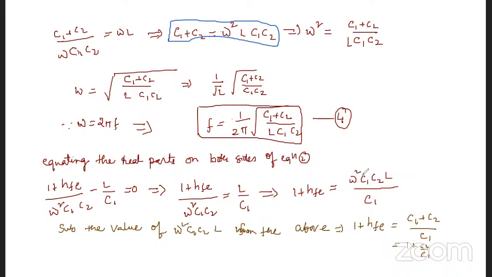From this, we have in the denominator omega square C1 C2 L. This value we can get from here: omega square L C1 C2 is C1 plus C2. So we substitute the value of omega square C1 C2 L in the above equation, so that we get 1 plus HFE is equal to